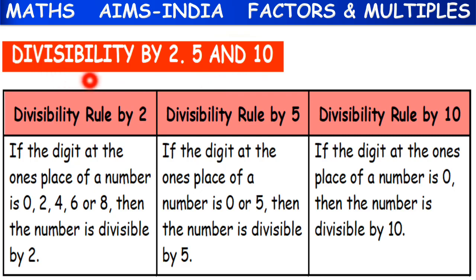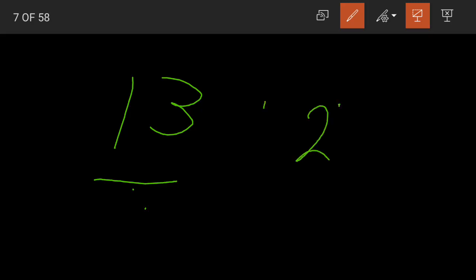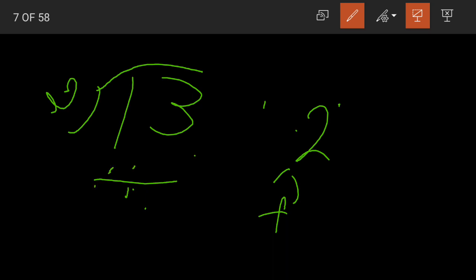We are going to learn what? We are going to learn the divisibility rules. That means, suppose I say a number, I am having a number 13. Now I need to find out whether this number is exactly divisible by 2 or not. Yes children, if it exactly divides, what will 2 become? 2 becomes a factor. So for that, normally we'll divide the number by 2 and then check with the remainder. If the remainder is 0, then 2 exactly divides 13. If the remainder is not equal to 0, then 2 does not exactly divide 13.